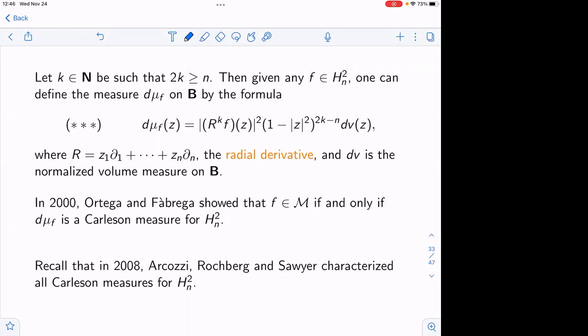Again, you heard this earlier. So in year 2000, Fabrega, Ortega and Fabrega produced this result. They showed that if you have an F, which is an element of the Drury-Arveson space, well then,